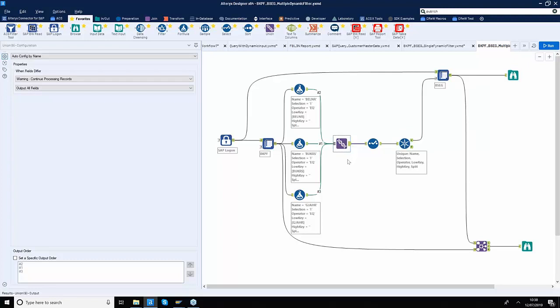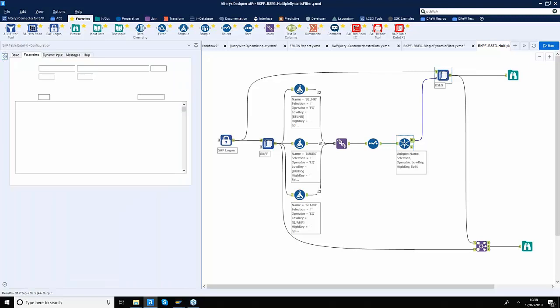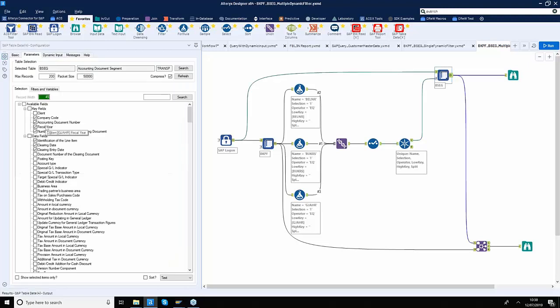So it's, again, as I said, your imagination is your limit. Alteryx has really powerful, simple tools which can actually do a neat job for you, a specific job for you. So in this case, we are using 3 formula tools targeting 3 different fields in my BSAG table. Then I'm actually combining that data on the union tool, passing that through my filter tool. That data goes into my BSAG tool, and there are 3 filters: company code, accounting document, and fiscal year being applied at runtime, and out comes the data.